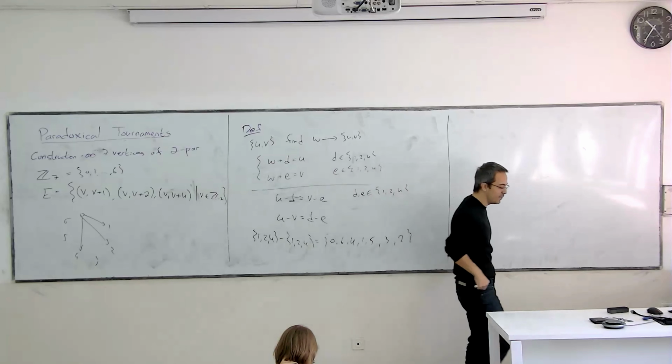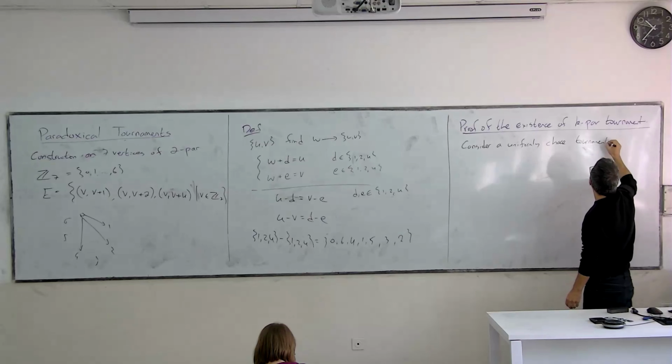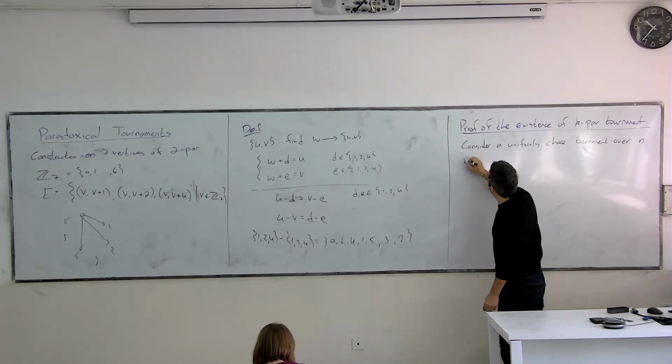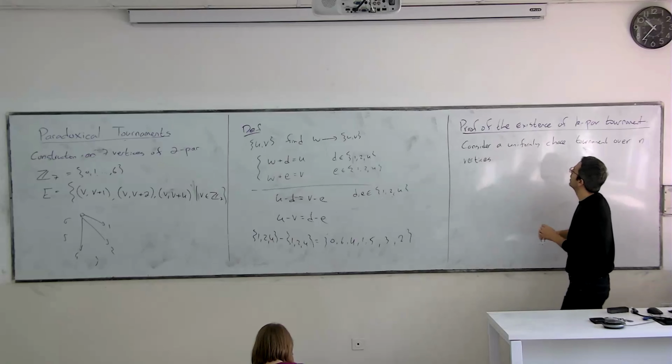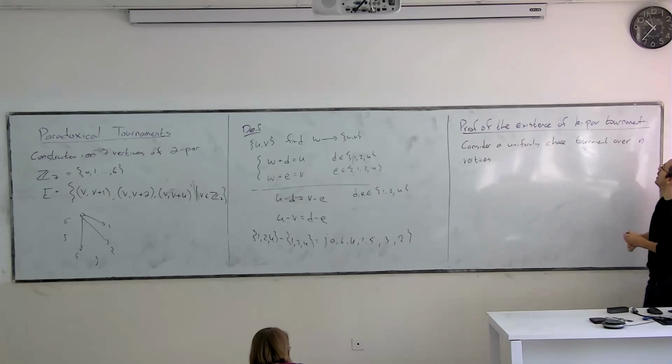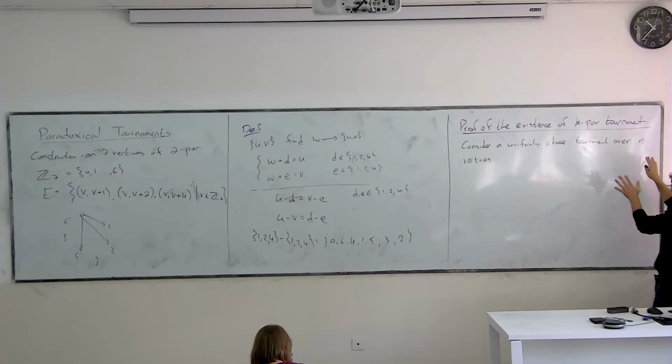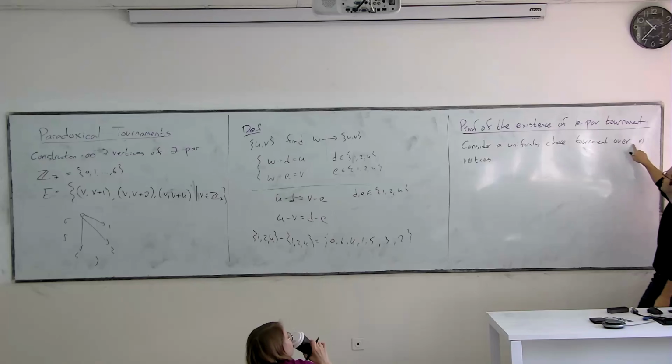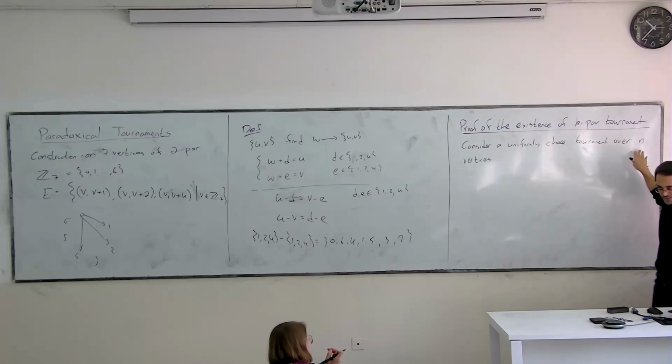So, right, consider a uniformly chosen tournament over n vertices. So we're going to have some bounds. If you want to construct a k-paradoxical tournament, for a large enough n, we'll be able to do this. We don't know yet what n is. In this distribution, k doesn't even exist, right? We just chose an n. In a couple of minutes, you'll see that n is at least k squared times 2 to the k, never mind. But I'm just looking at uniformly chosen tournaments over that size.